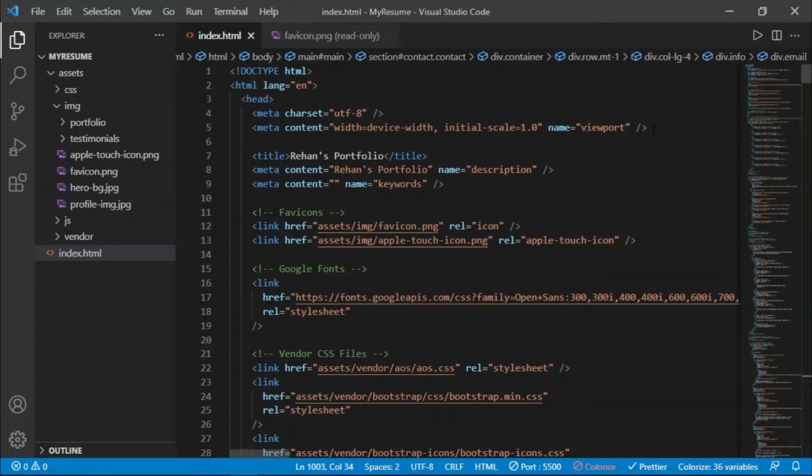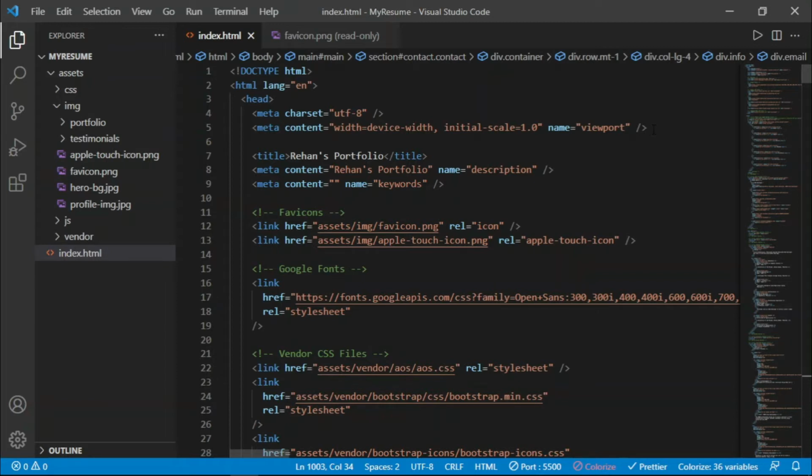Some of the benefits of hosting your site on Netlify are: at number 1, your site will be hosted over HTTPS, which means your site will be secured. Number 2, you can customize the domain name of your site as you wish.